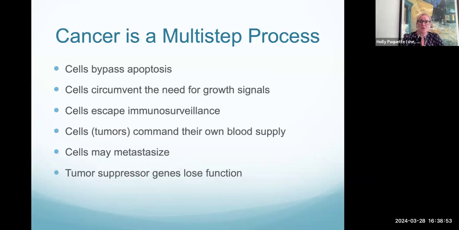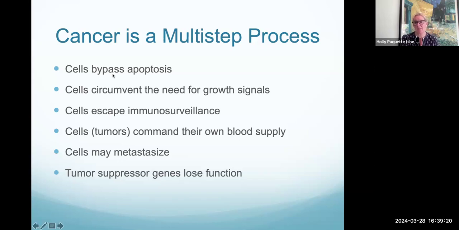So as I mentioned earlier, we consider cancer a multi-step process. What I mean by that is that not just one thing happens to cause cancer, but multiple things happening in succession. This is typically why we see cancers becoming more common as people age, because more of these steps can take place. So generally the steps that we see is first the